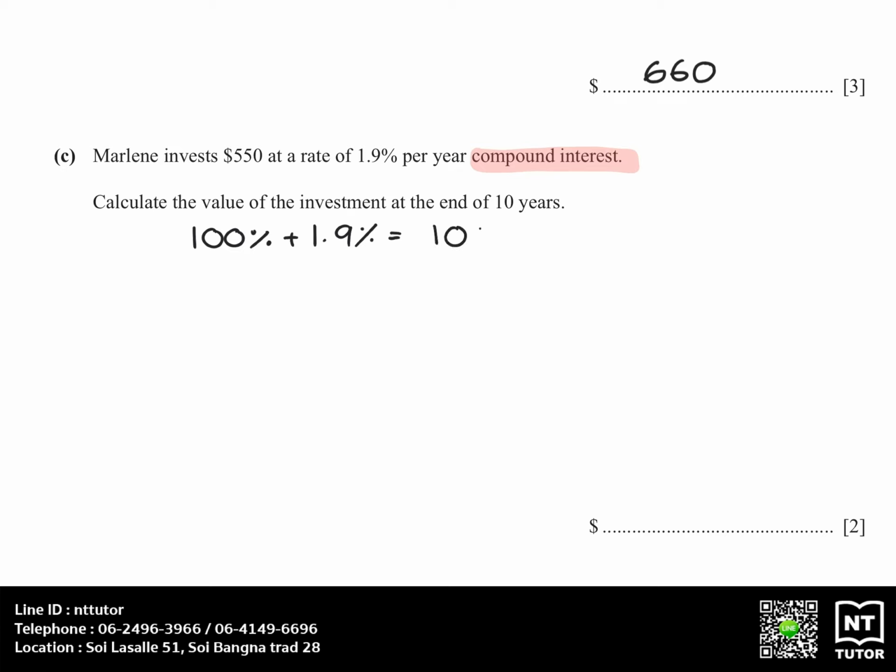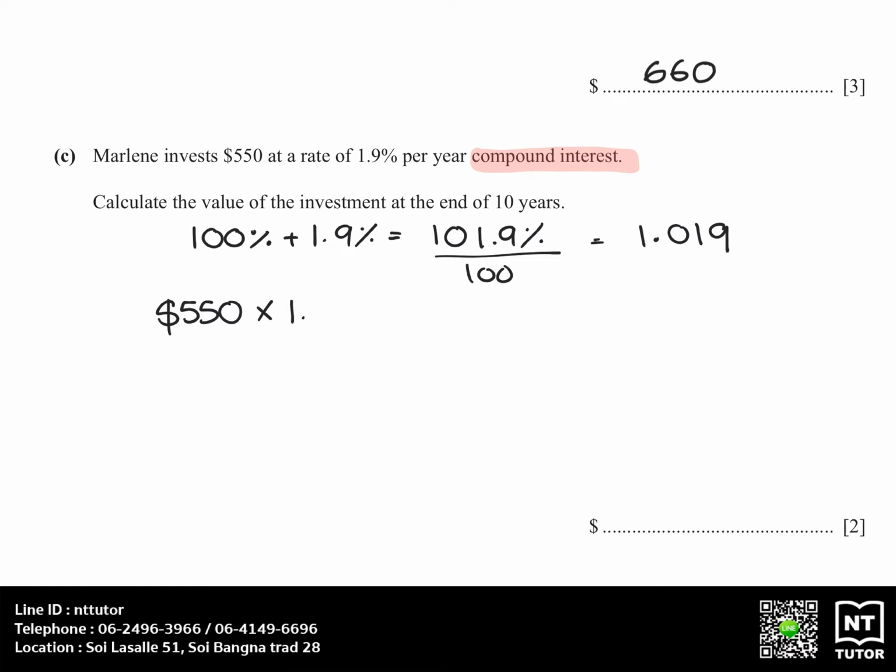So 101.9%. When we convert 101.9% into a decimal, we divide by 100. So that gets us 1.019. So we start with $550. After 1 year, we increase that by 1.9%, which is the same as finding 101.9%, or the same as multiplying